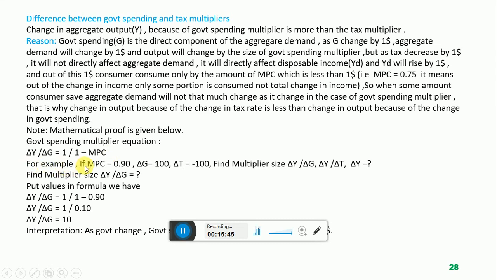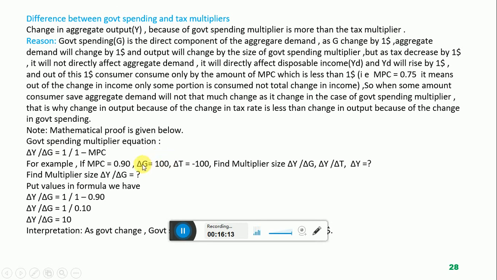For example, MPC, marginal propensity to consume, is 0.90. This is the rate of consumption of the people of Afghanistan out of 1 rupee. Delta G represents the change in government spending, which is $100 million. It means the government of Afghanistan is going to increase government expenditure by $100 million